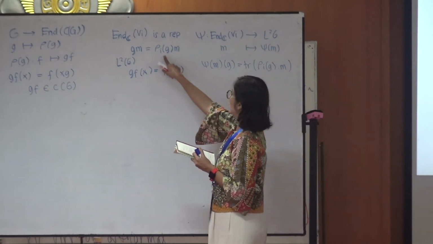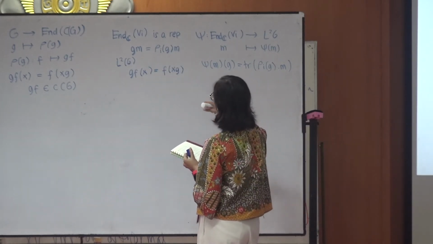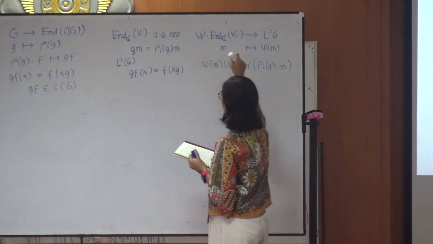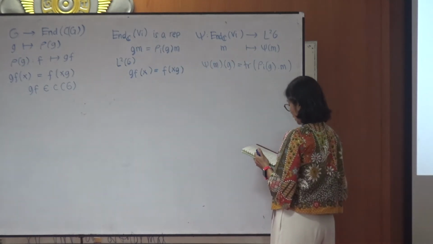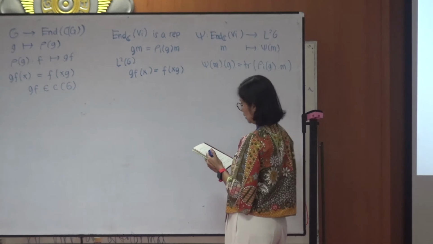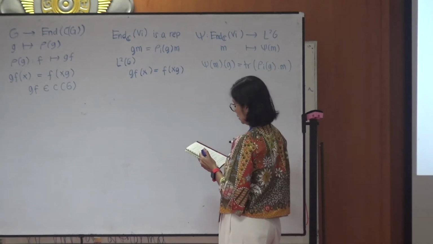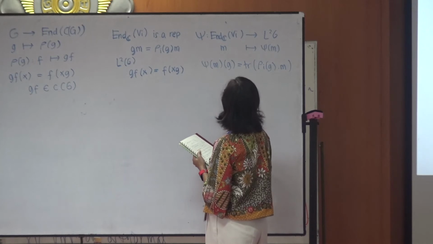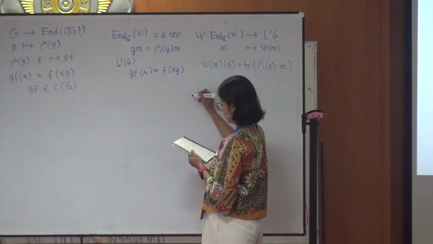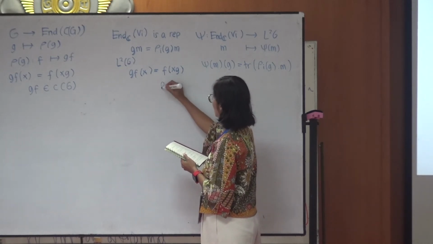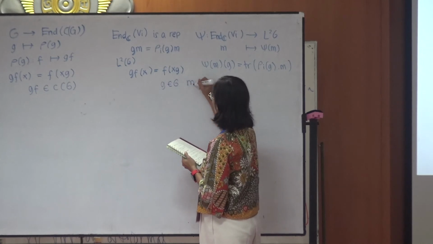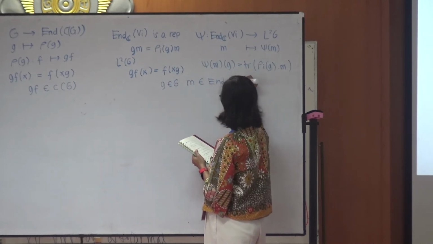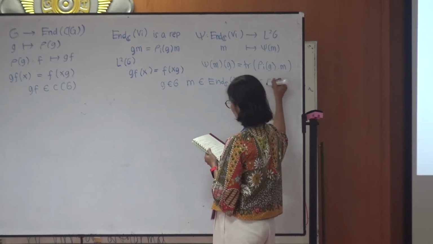So Vi is the representation of this one. And also for g in G and m in endomorphism of Vi and x in G,